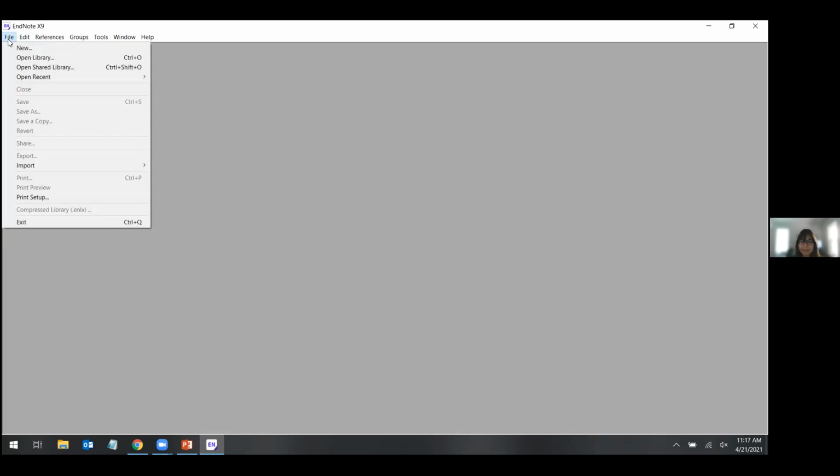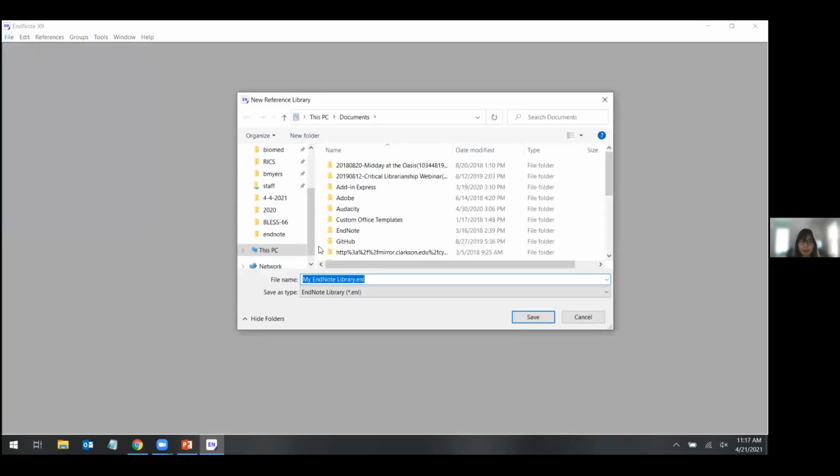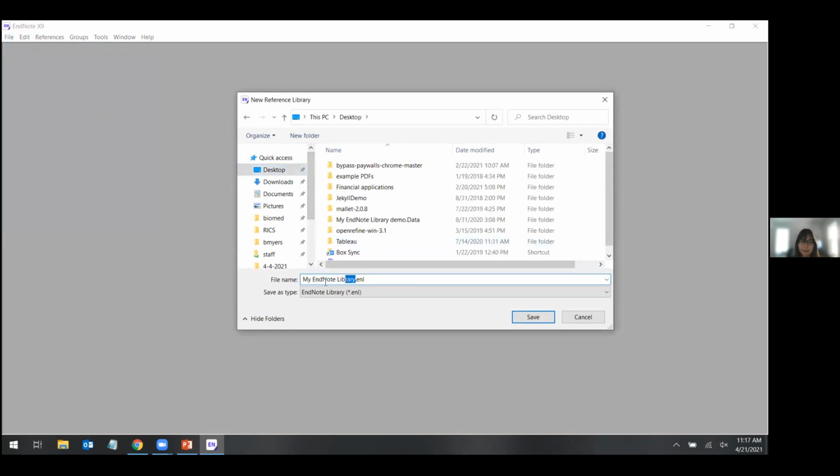So what do I want to do if I'm getting started with the library? I need to create a new library file. The way Endnote works is I have to actually have a file on my computer for the library, which is the place where I put all my references. So I'm going to make a new library, go to File, New, and we're going to create a new library file. I'm just going to put that on my desktop, and I'm going to call it